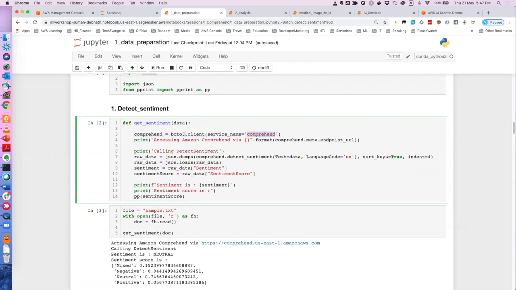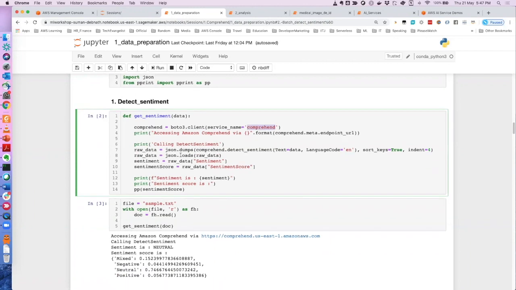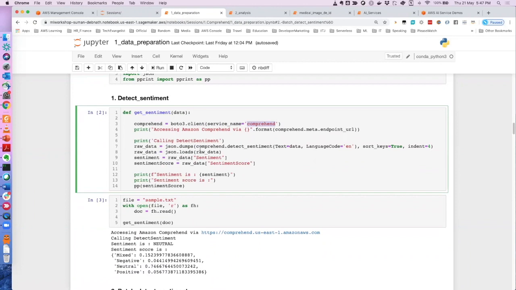This is how you create an object for the service. I'm typing it as Comprehend, but if it is S3, then you will type S3, whatever it is. And then I'm going to call comprehend.detect_sentiment.